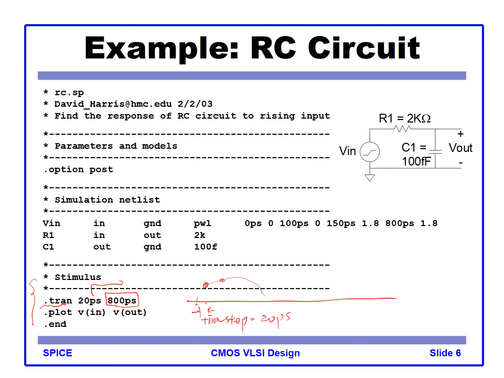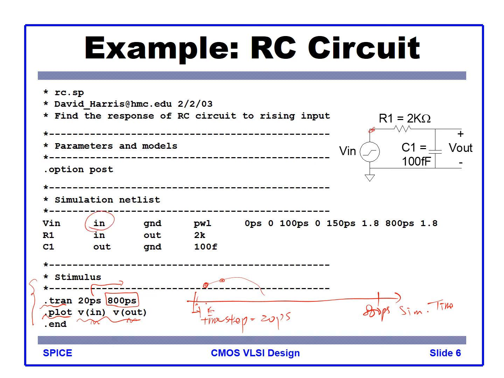And then it evaluates up until 800 picosecond. This is simulation time, the sim time. The next keyword is the dot plot, meaning we want to monitor the voltage of the input node and the voltage of the output node. We have an input node here, in,